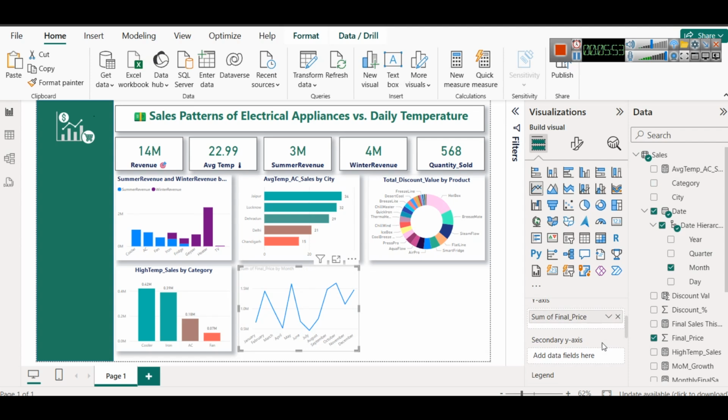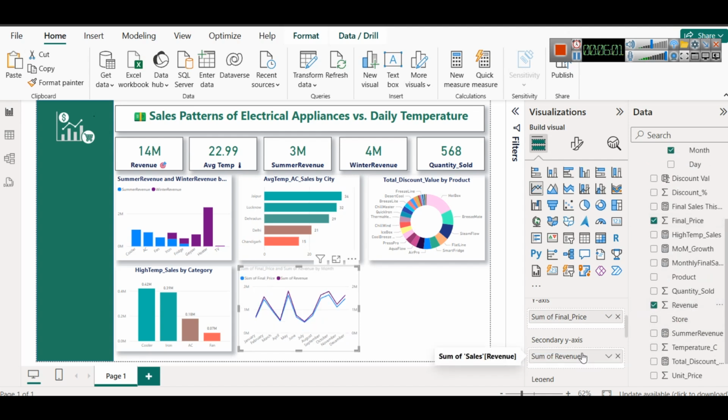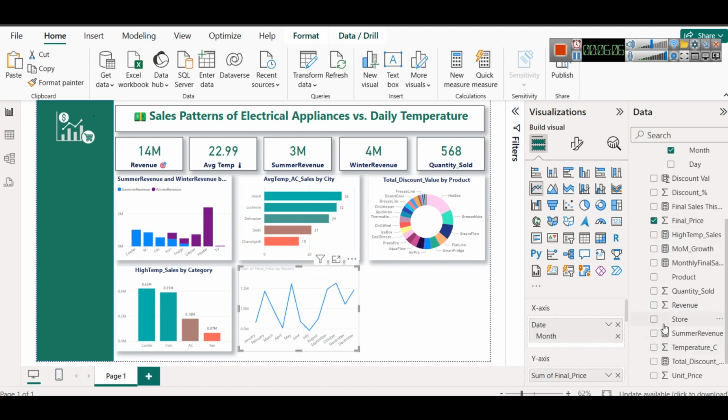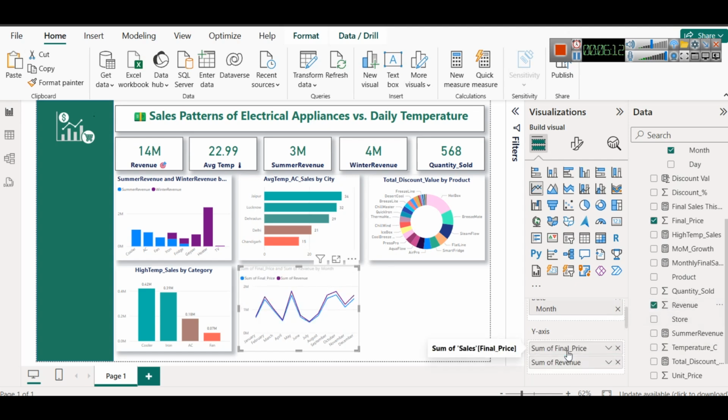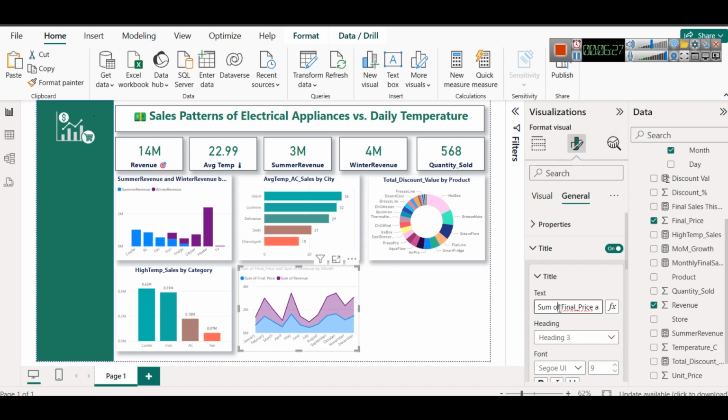In a line chart, you can also compare your final price versus your actual revenue. So you can compare these two. That's why on the secondary axis I am adding that. Although because both of them have the same unit, I can add it on the same axis also and see the same data. We can also use an area chart or stacked area chart to compare them. So this is simply final price versus revenue by month. I am writing that title: final price and revenue